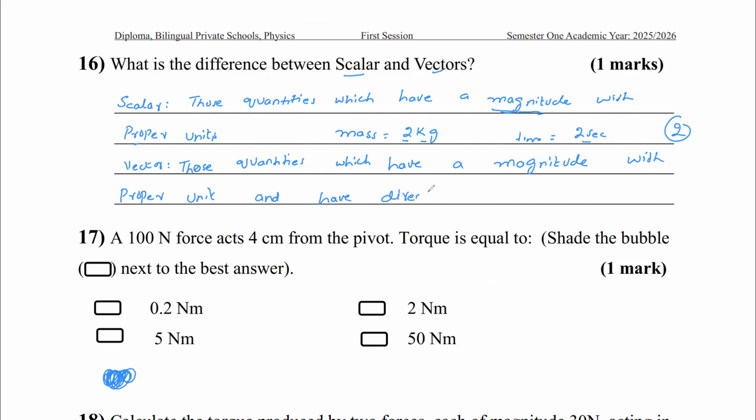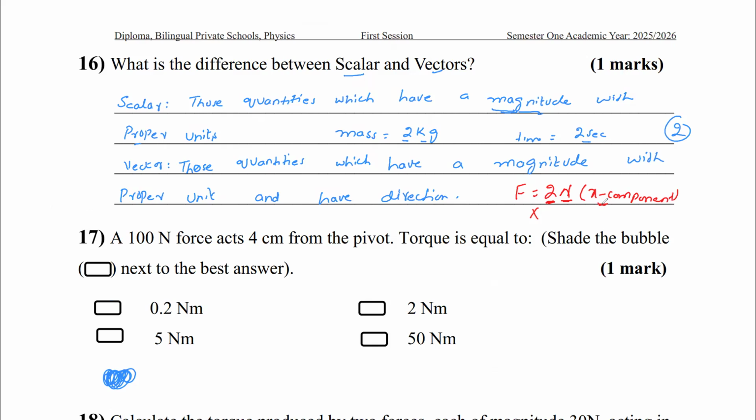Remember one thing, for a vector quantity you have to give the certain direction. For example, if I say that the force is 2 Newton, this is wrong, because if I'm talking about force, you have to say that 2 Newton is along the x component. Now this is right, because here 2 is the magnitude, N is Newton, the unit, and x component is